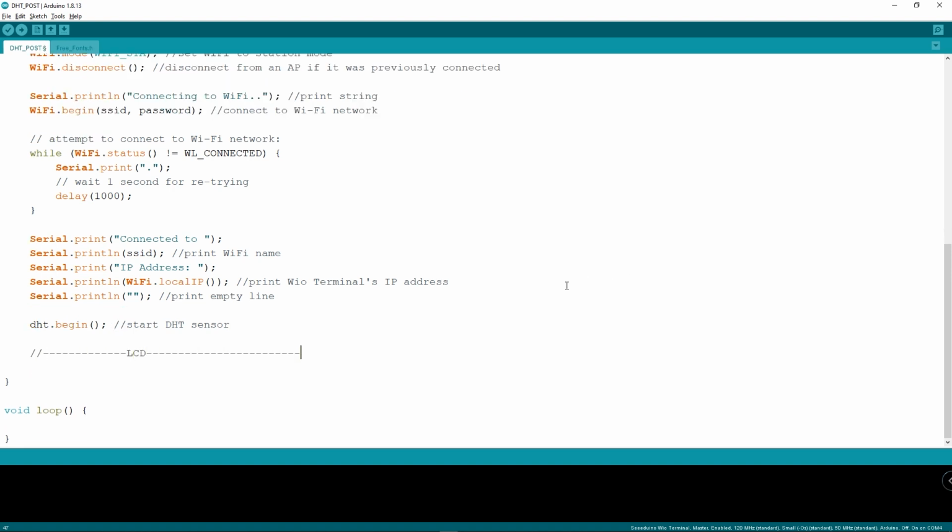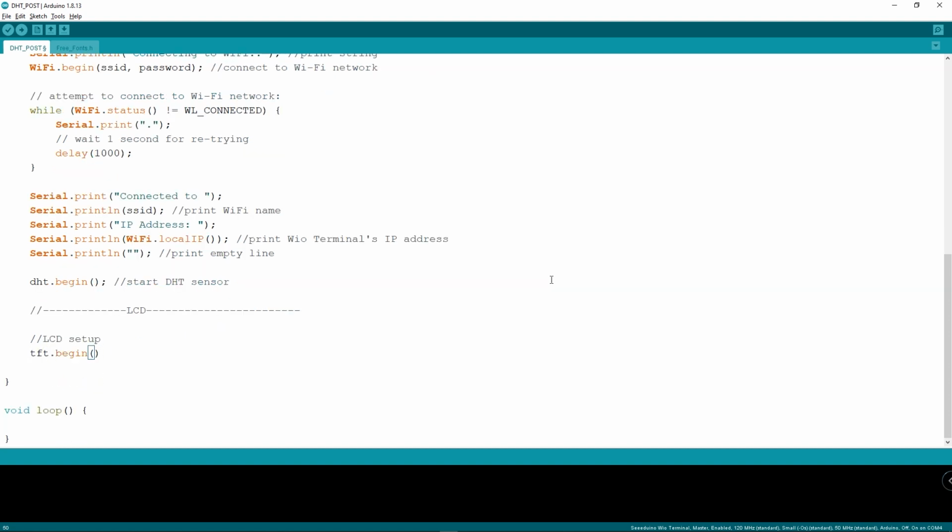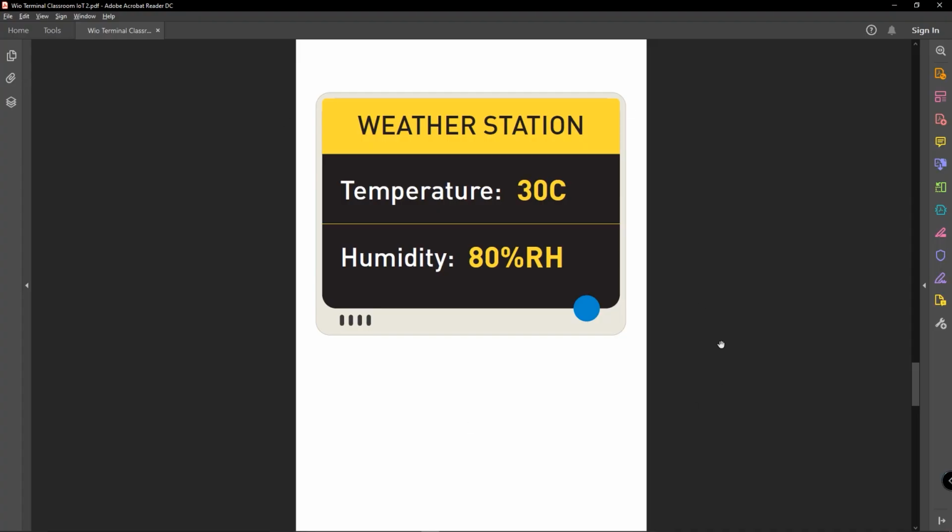So first, set up the LCD. So this is to start the LCD and then set the TFT LCD rotation and finally fill the background in black color. So this is what we are going to display on the Wio Terminal LCD.